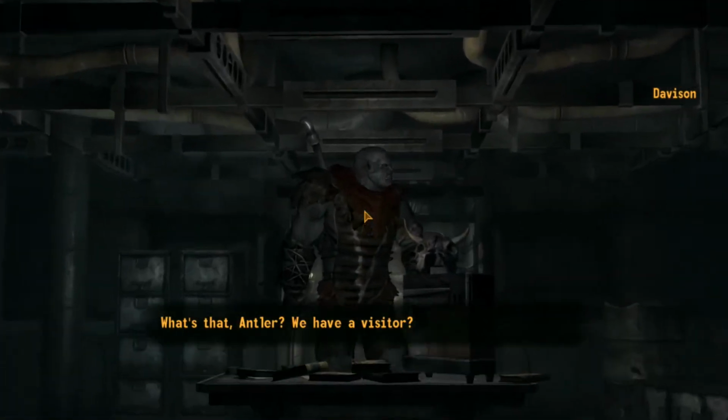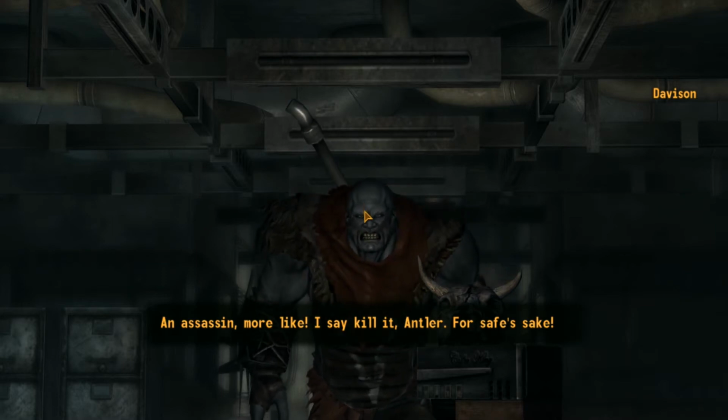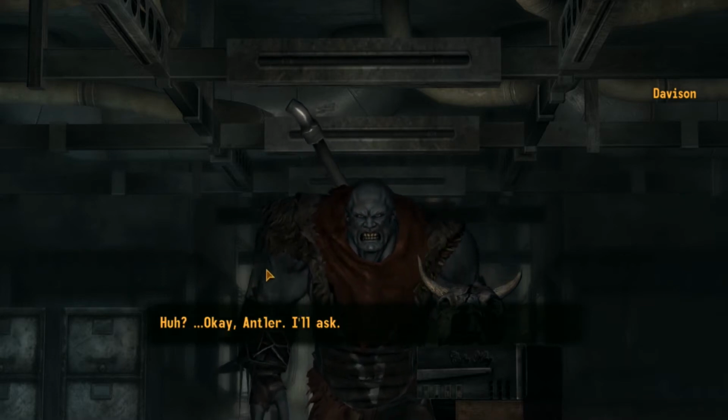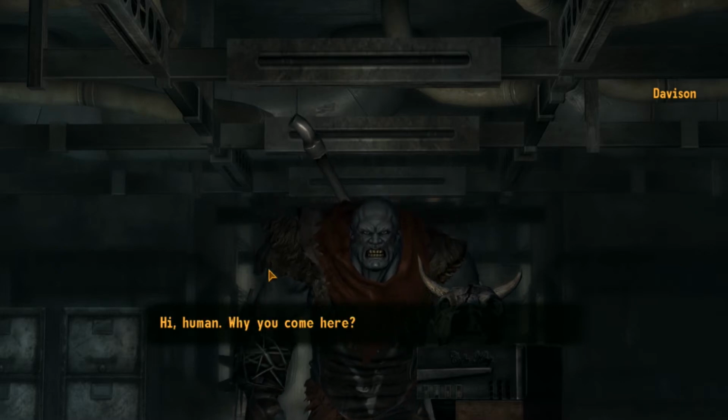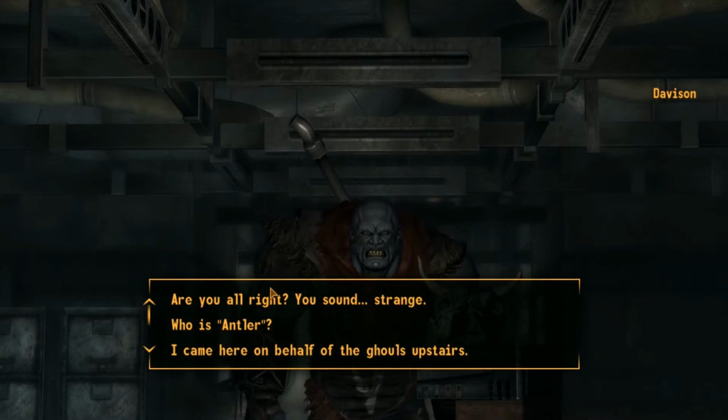Hello. What's that, Antler? We have a visitor. Yes, we have a visitor. An assassin, more like. Prepare the tea and kill it, Antler, for safety's sake. Okay, Antler, I'll ask. Hi, human. Why you come here? Well, I have come here to,